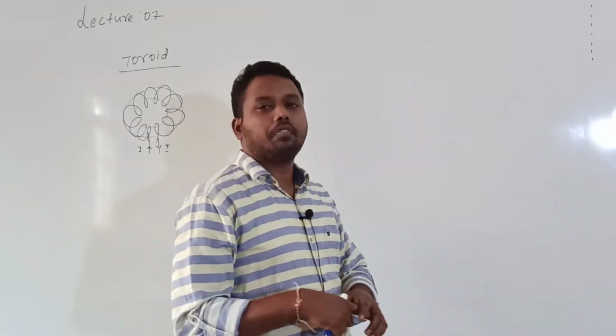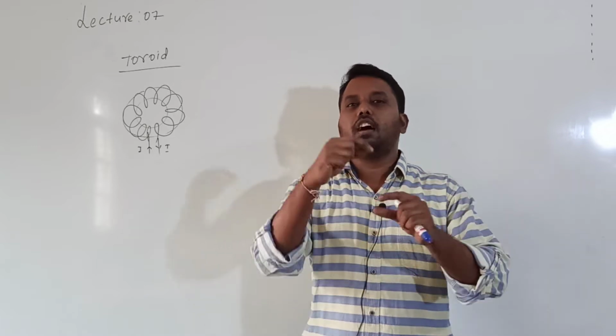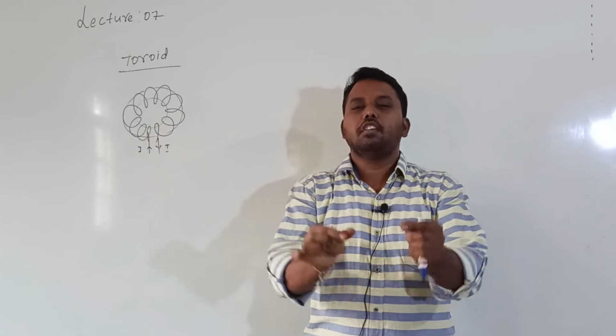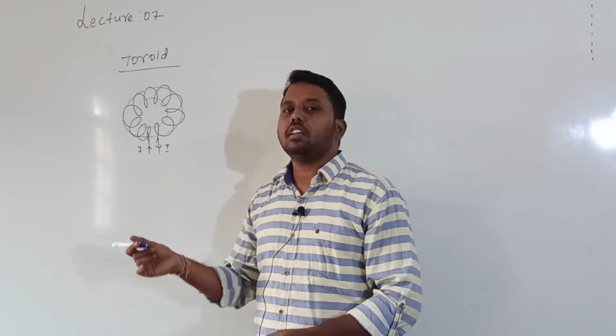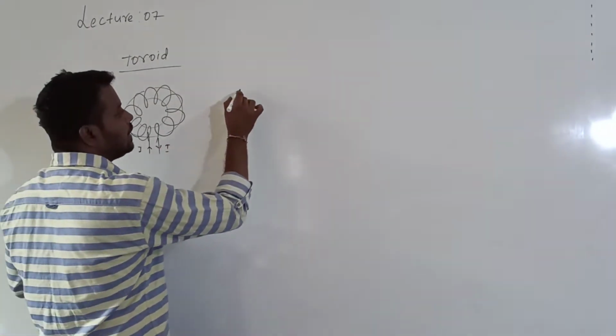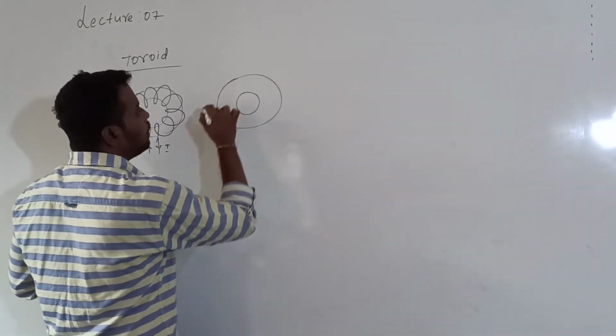A toroid is also a cylindrical coil which has a large number of turns, but the only difference is that it is bent in the form of a circle, a circular ring. It is a long cylindrical coil with a large number of insulated turns, but that coil is bent in the form of a circular ring. This is called a toroid. Similar to yesterday, here current is entering and here current is leaving. If I consider the cross section of the toroid, how will the magnetic field be?